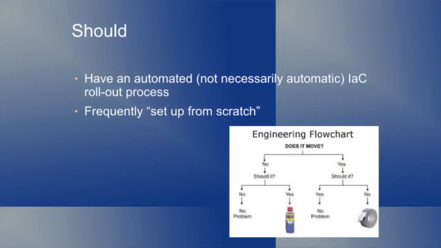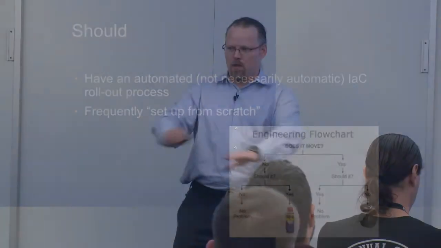You also should frequently set things up from scratch, from blank, from nothing exists, bring it up. That's what you're doing with your DR environment. If you don't do this, you don't actually know, does my current infrastructure as code actually describe my infrastructure, or does it actually rely on some previous state? I've accidentally snuck in something procedural, and that's going to cause me a problem.